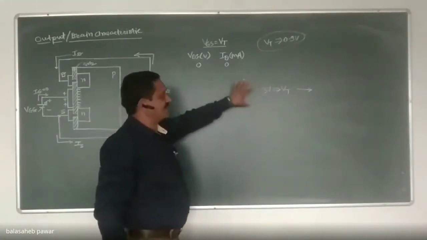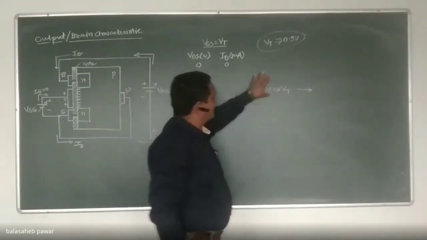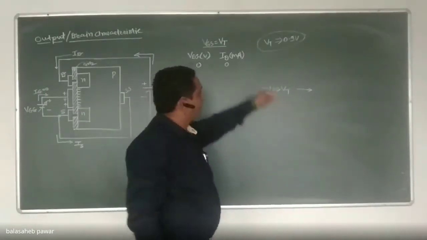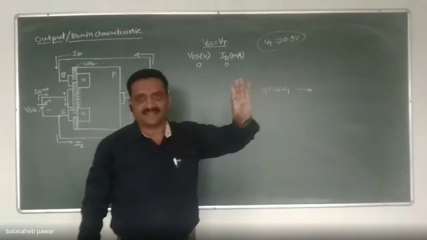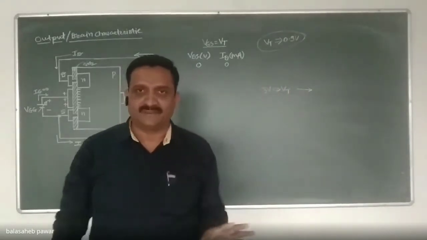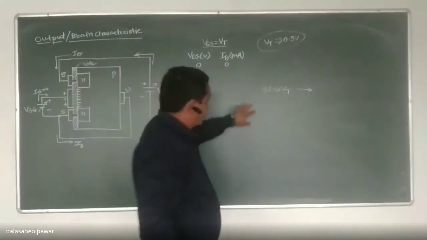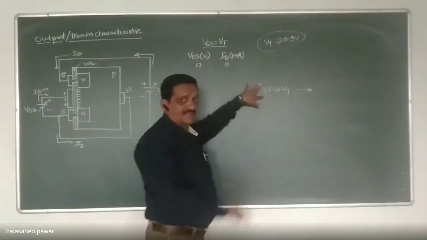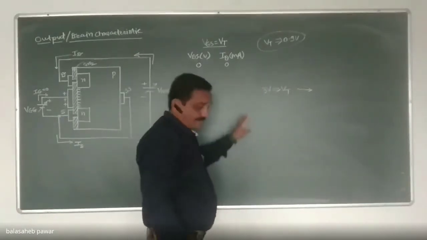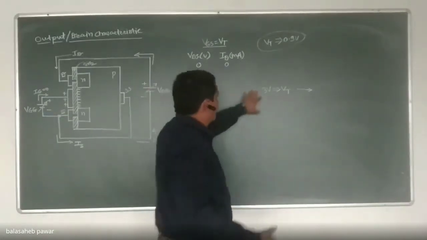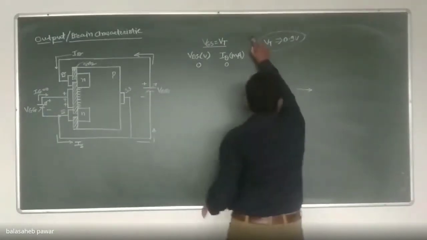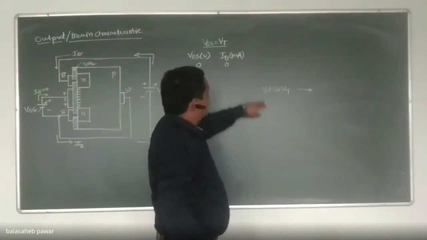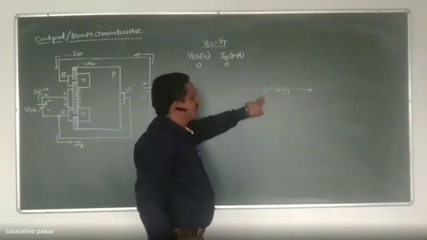But here for understanding purpose, we will consider a particular N-channel E-MOSFET whose threshold voltage is 3 volt. So it is not a standard value, remember. From transistor to transistor, these VTs are different. It is given by the manufacturer. So for understanding purpose, we will take somewhat more value as its threshold voltage. I will consider the threshold voltage of that particular transistor as 3 volt.